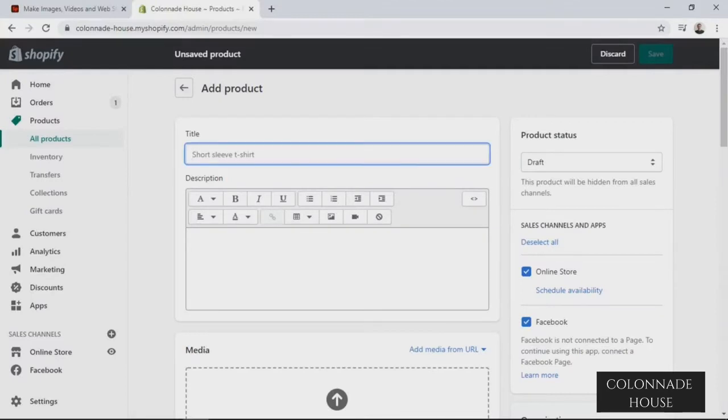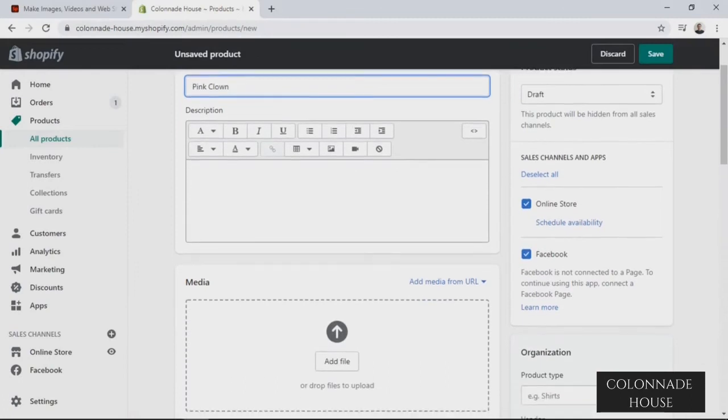So we're going to add a product now. So click the green Add Product button. The window will pop up. You can type in the title of your product. So I put in Pink Clown. In the media box, you can add a file for the photo. So if you click Add File,